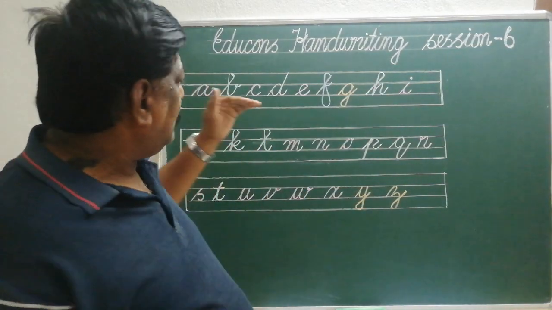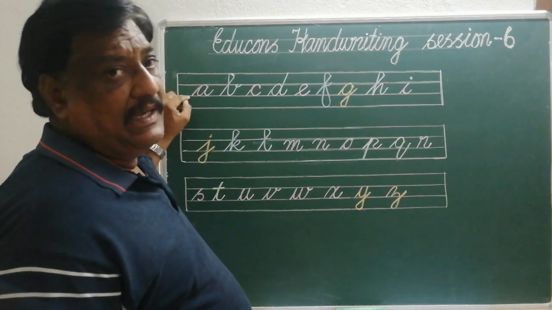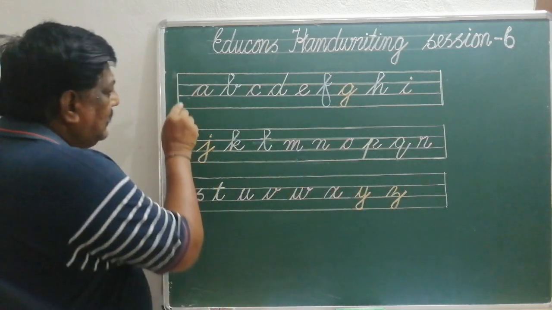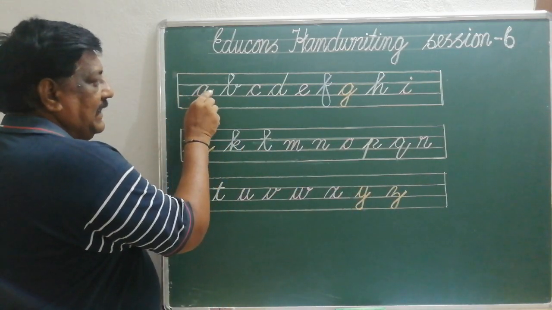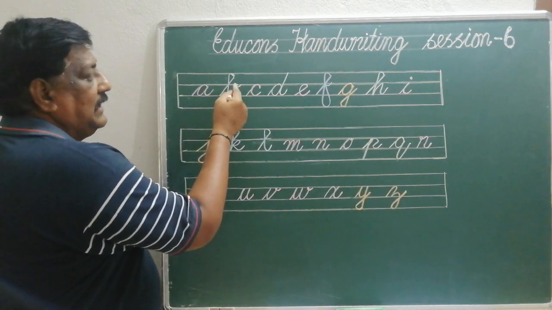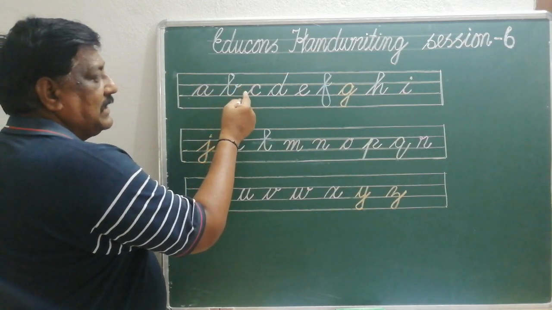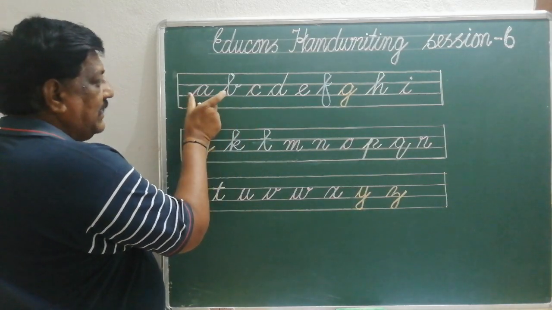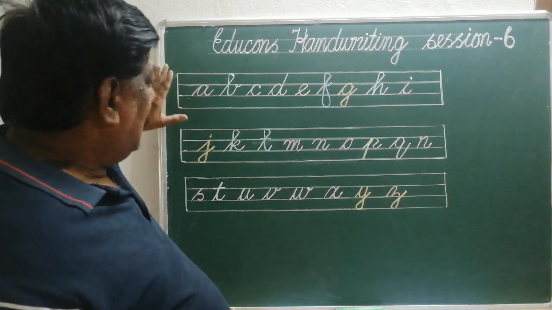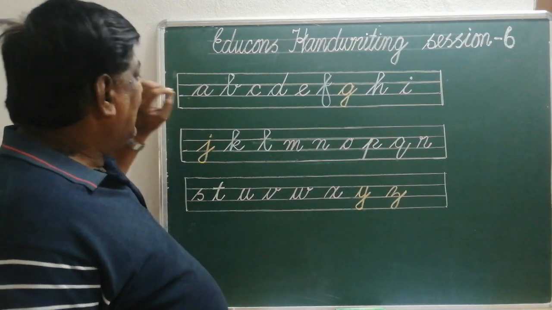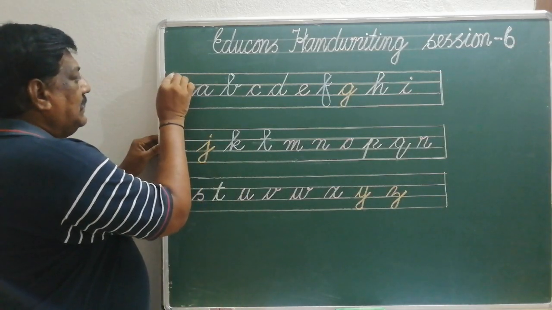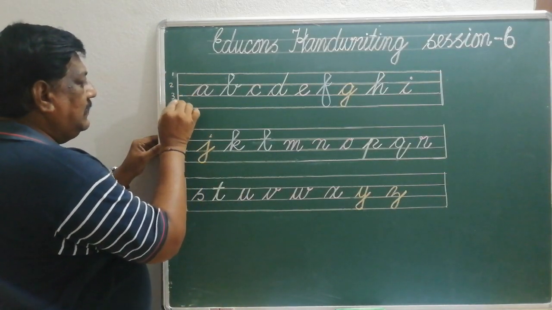One is every letter starting and ending, because we are going to connect. How will you connect this starting and this ending? This ending will be connected with another starting, and the ending of this will be connected with another starting. So anyhow, the starting and ending is very important. So as already it was told to you, starting is normally in the third line. So this is line 1, 2, 3, 4.